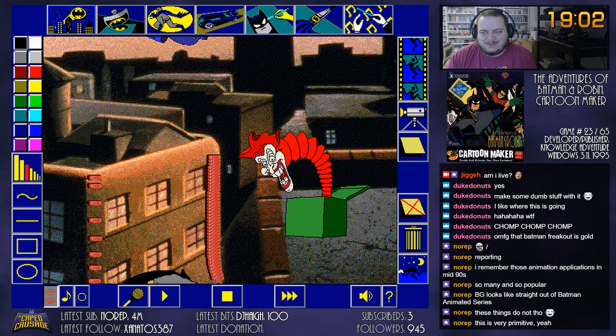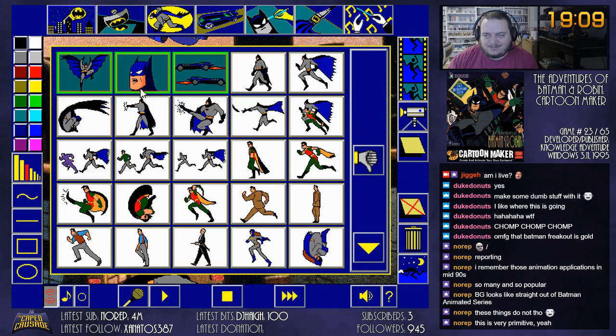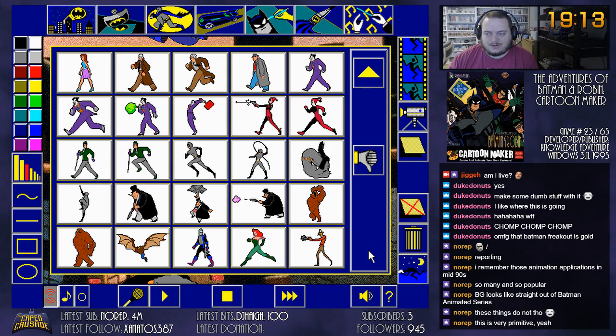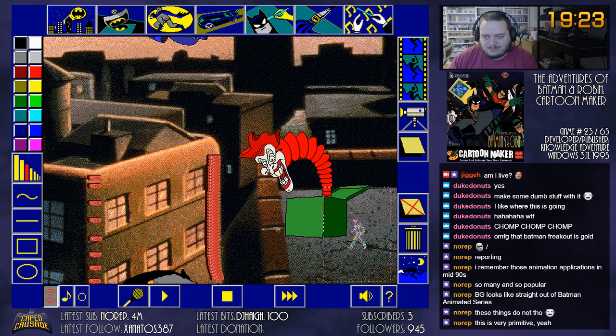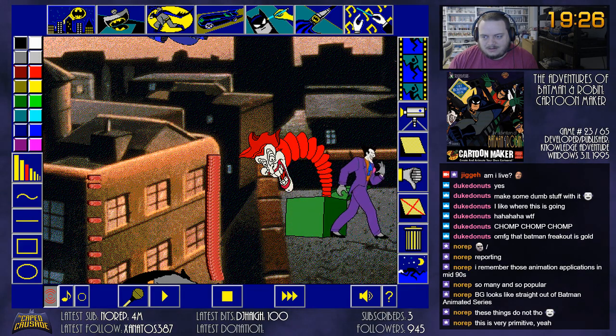You get these little musical jingles whenever you interact with the interface, and then you can sort of guess maybe what some of these things are, but you have to add them to your scene to even actually see them properly. All right, here's Joker walking around. You can trace stuff,